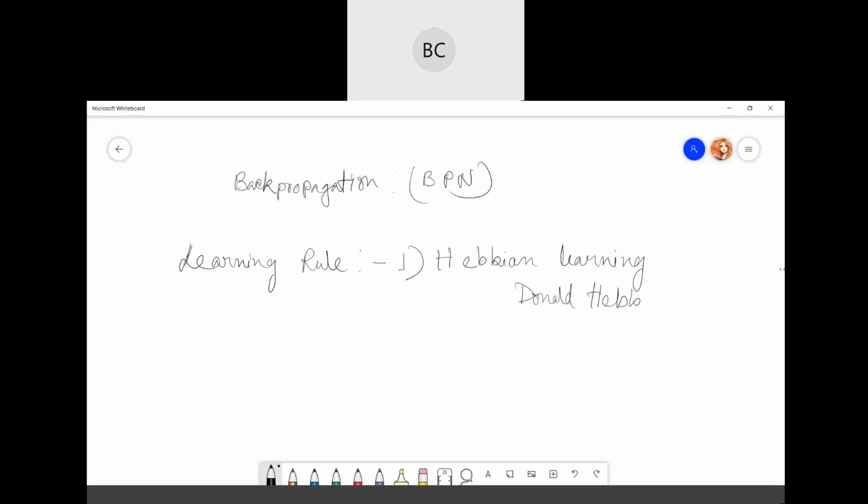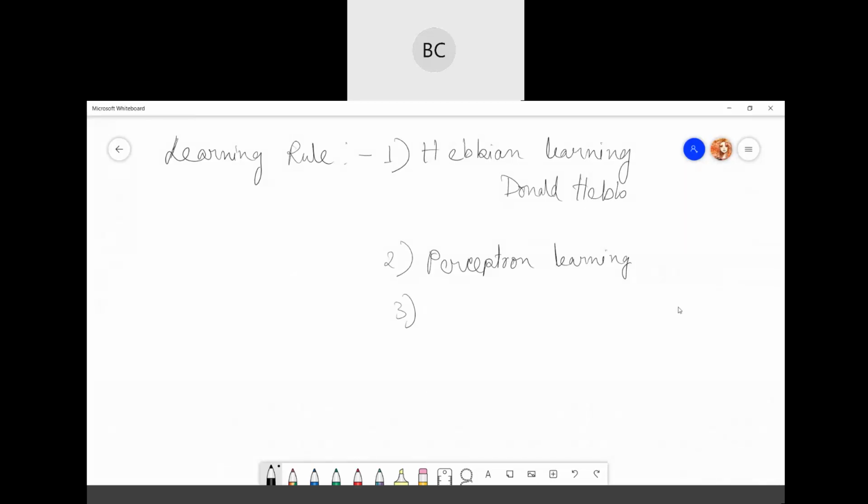Then we also have perceptron learning. Perceptron learning is for just one particular neuron. It is also a weight updation rule.